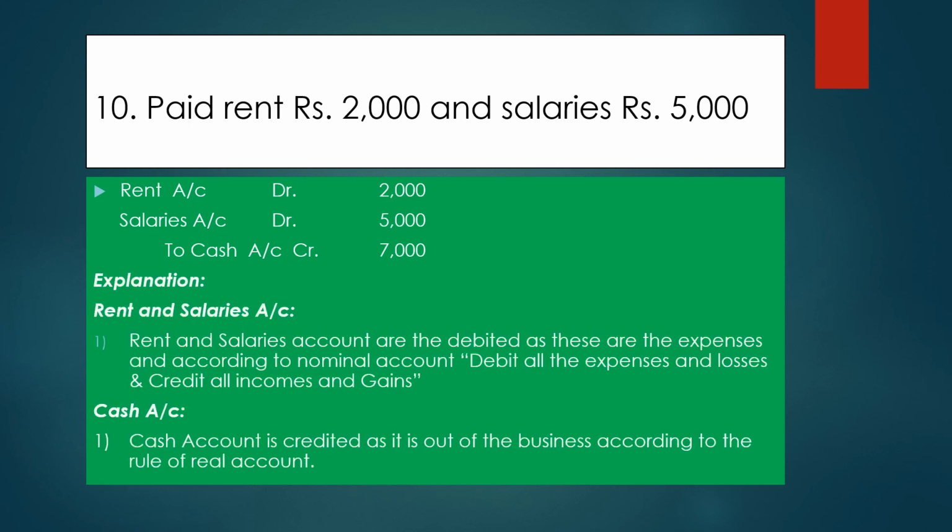Rent and salaries both will come under expense. So according to nominal account, we will debit all the expenses and losses, credit all incomes and gains. This is what we have followed in this transaction. Next, cash account. Cash is being credited here because it is going out of the business according to the rule